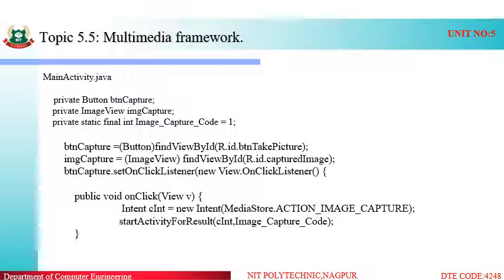Then we have used the standard method startActivityForResult. Inside that we have given the instance of the intent which we created in the previous line, and we have given the capture code. If the image capture code is 0 or anything other than 1, then the image capture will fail. It indicates that if the image is captured successfully, then the image capture code will be set to 1. In this way we can take a photo, and we can also shoot a video by simply changing the action to ACTION_VIDEO_CAPTURE.